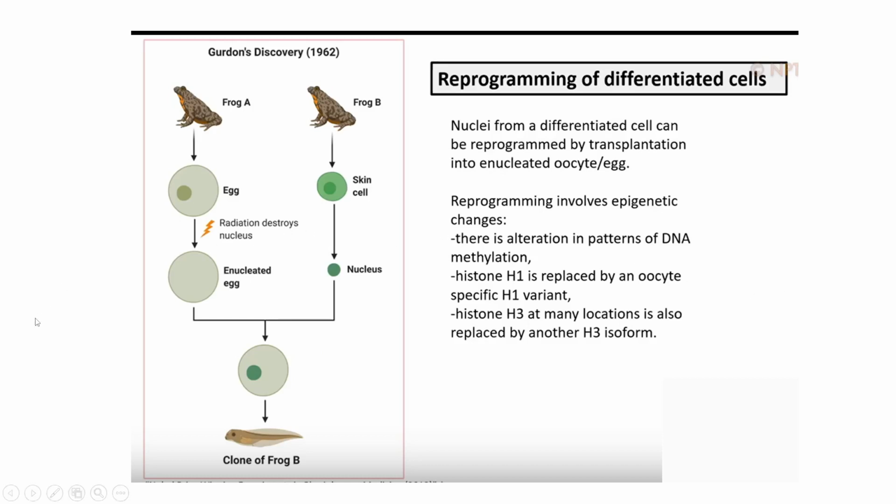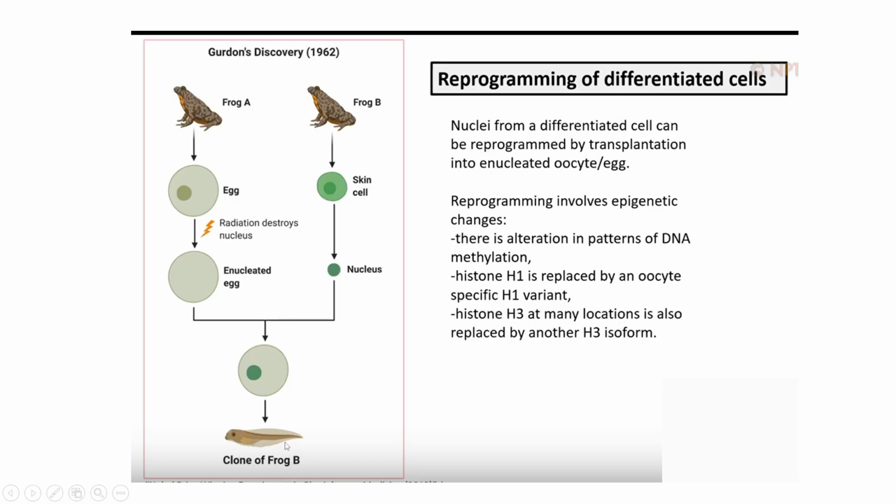Okay, so we talked about the stem cells and what the medical applications are. Now there was a study. There is another thing which we need to discuss, that is the reprogramming. So a diploid cell, for example the skin cell, which is a differentiated cell, can also be converted back into a de-differentiated cell, the totipotent cell. So this cell is a skin cell. It is a somatic cell. So a somatic cell again can be converted into a pluripotent cell, which can directly give rise to another organism.